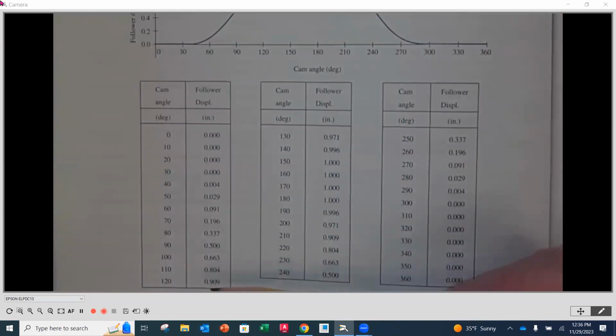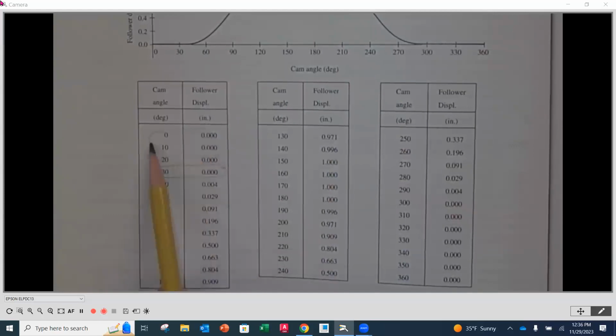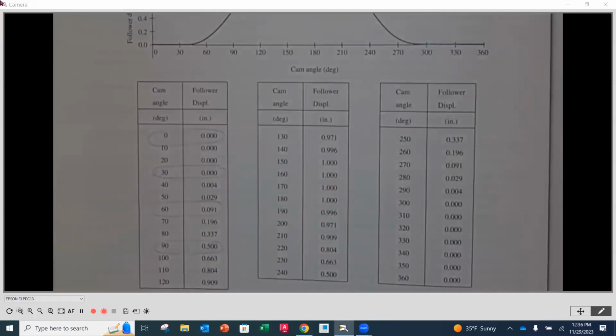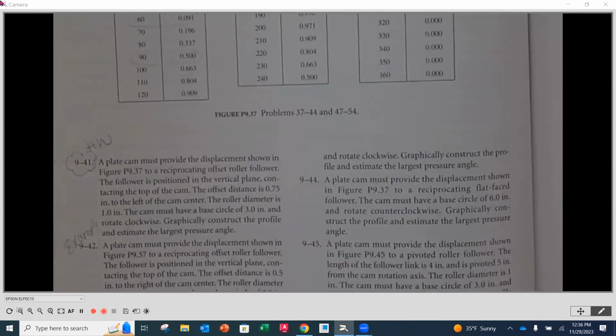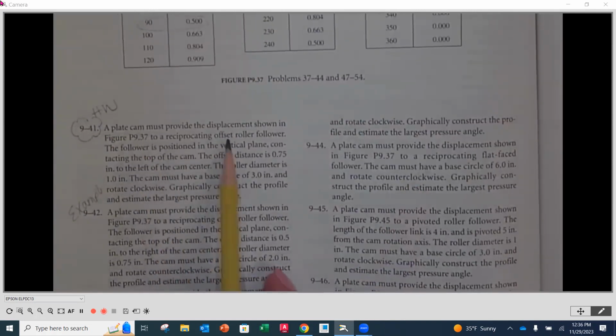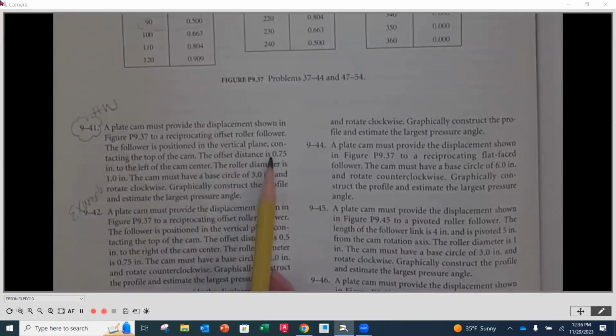Now, you don't have to do it for every 10 degrees. You're going to do it for every 30 degrees starting at 0. Okay, 30-degree increments. So you're going to pick out 30, 60, 90, 120. So not all of the values, just every 30 degrees. And then here we have a reciprocating offset roller follower, and the offset distance is 3/4